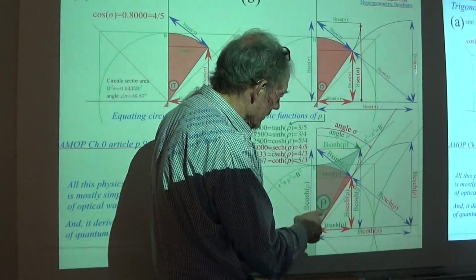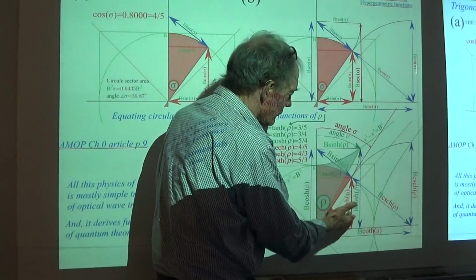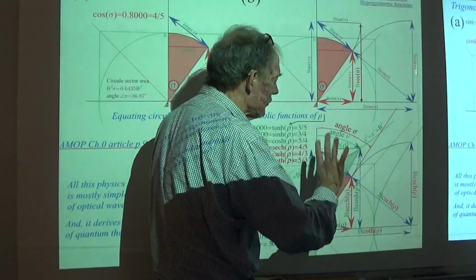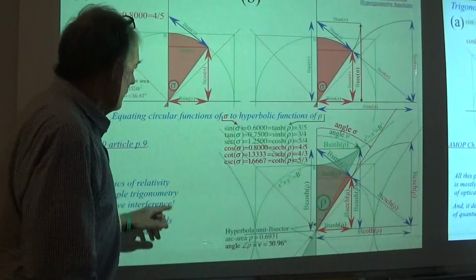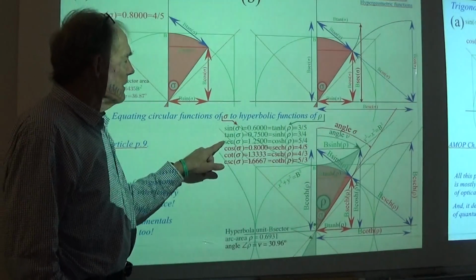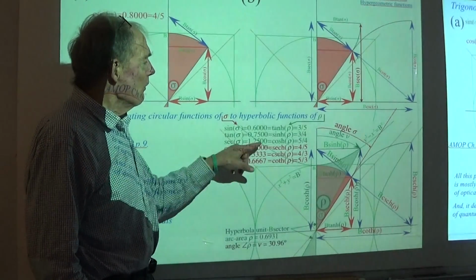Let's see if there's anything else I can say here at this point. But all of the trigonometric functions and the hyperbolic trigonometric functions share sectors on here, just like that. And this is just a table of them. Okay, so it's kind of like these are cousins of each other, the secant and the cosine, or the cosh